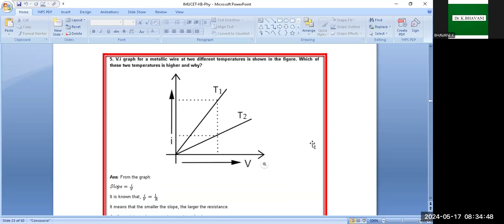The dotted line denotes the slope of this temperature. So which temperature is higher, whether it is T1 or T2? Always